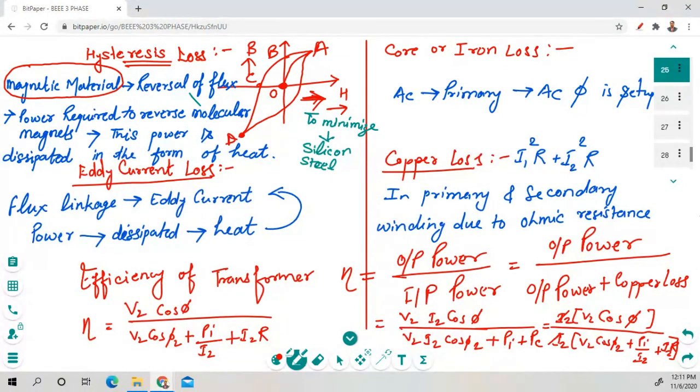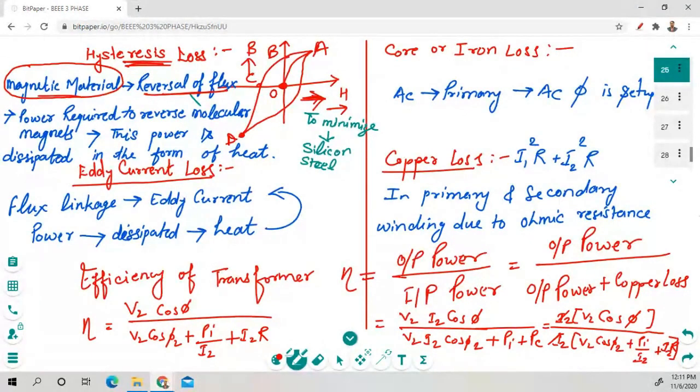So this process is continuously going on. How does this process come under hysteresis loss? As you can see, there are magnetic materials present in this whole process. Due to this reversal of flux, what happens is that